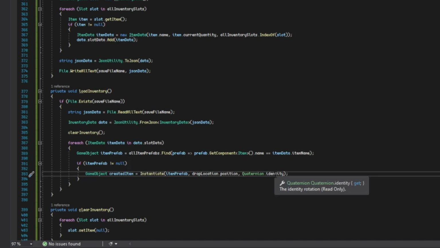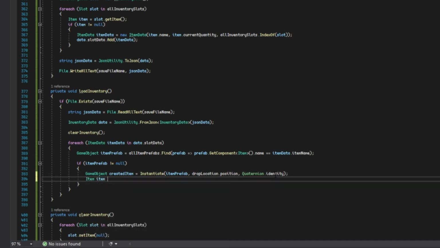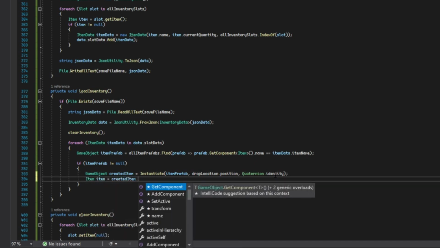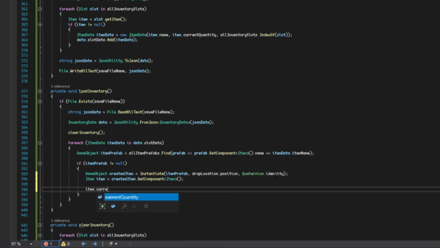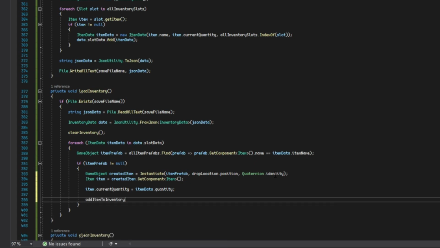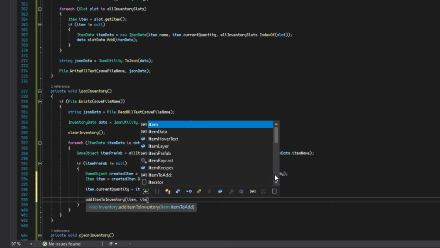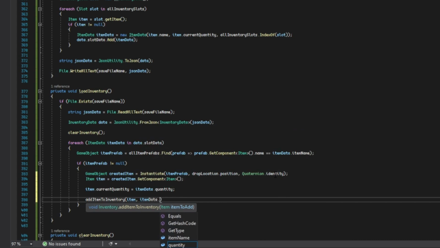So beneath this, we are then going to do item equals created item dot get component item. We're then going to do item dot current quantity is equal to item data dot quantity, so the stored amount of the object. And then finally we're going to do add item to inventory item, and then we're doing item data dot slot